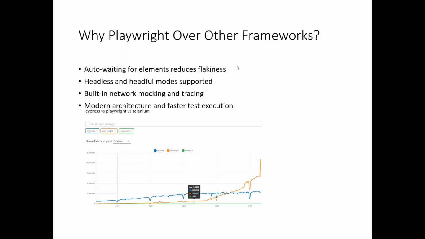This can also be considered a great motivation for why you need to choose this particular course when there are so many other options, tools, and technologies available in the market. So why Playwright over other frameworks? First of all, this is a bit of a technical term, but I'll still introduce it here. Playwright has its own auto-wait mechanism,